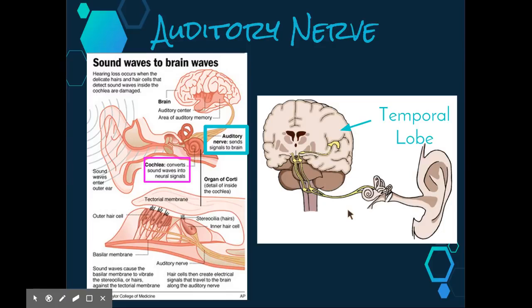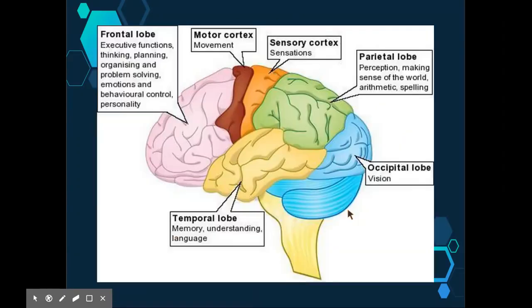So just like the different areas of the occipital lobe receive different areas from different parts of the retina, different areas of the temporal lobe interpret different sound frequencies. So for this particular dot point, we only need to be able to identify the regions that are involved in sight and sound detection, which we've seen as the occipital lobe for vision and the temporal lobe for sound. So when we do the brain dissection in class, we'll also be looking at the areas that are involved in the creation of speech,